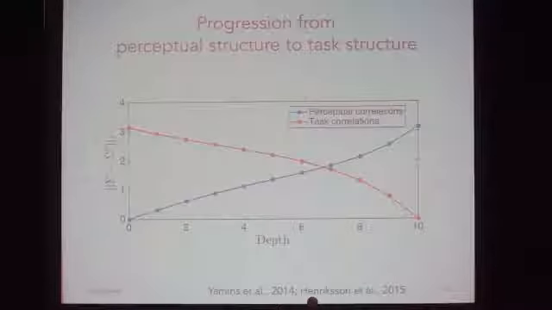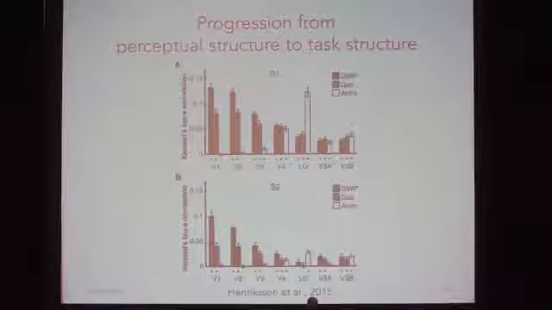And here's just quantifying that. At the beginning, you're very close to a correlation matrix that's just the perceptual correlations, and by the end you're very close to the correlation matrix that's just governed by the task correlations. And this is consistent, at least broadly consistent, with recent experimental results. So this is showing the black bars here are a perceptual Gabor model, showing how much variance that explains across the cortical depth, whereas the white bars here are a higher conceptual distinction between animate and inanimate items. You can see that it's sort of exponentially increasing across depth.